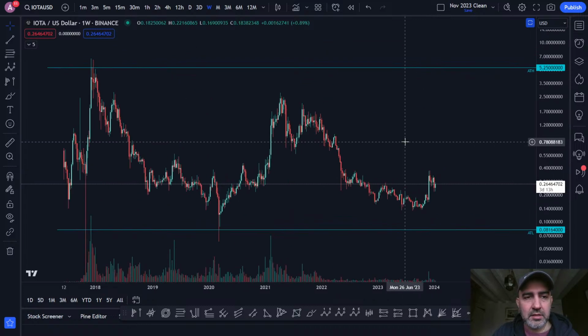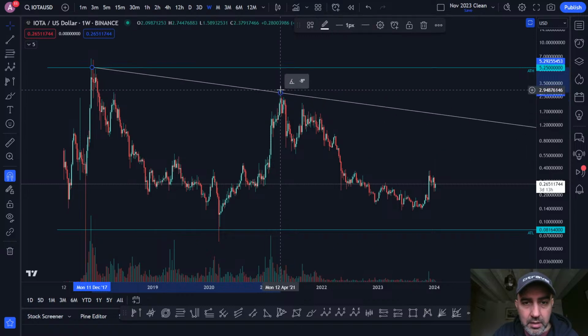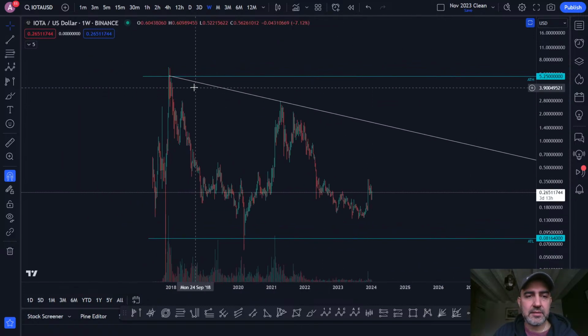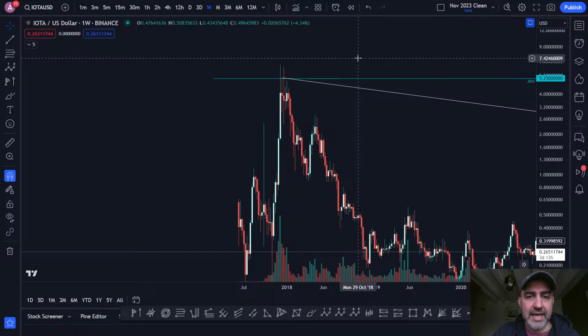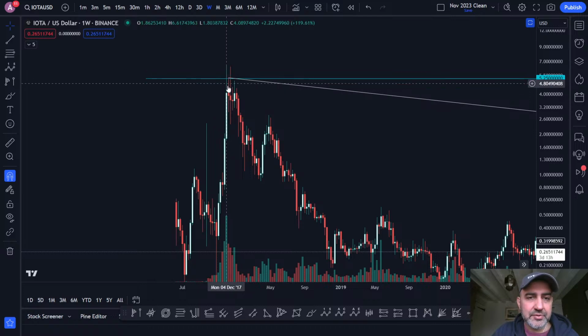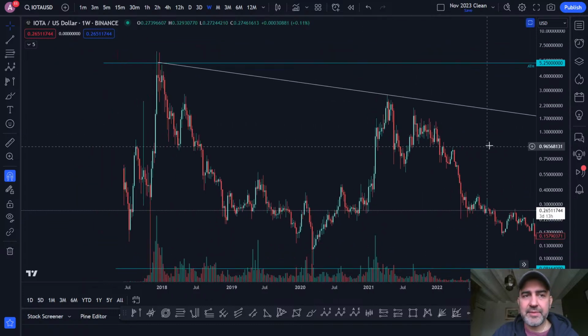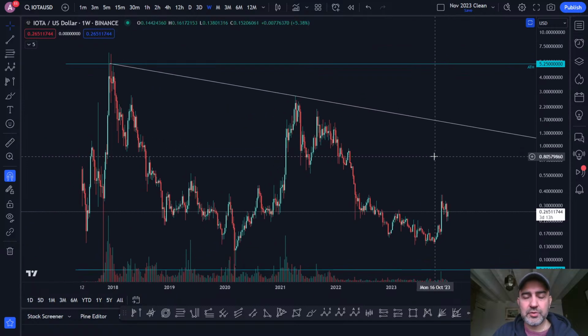So I would say that potentially, I think this is going to be important, Majid. I don't know exactly where the line is, but if you take it from the all-time high, on this candle, it's basically this middle red doji, not this green one, not this red one, this first red doji. Basically that's the all-time high, right? So if you take it from that candle to this candle wick,